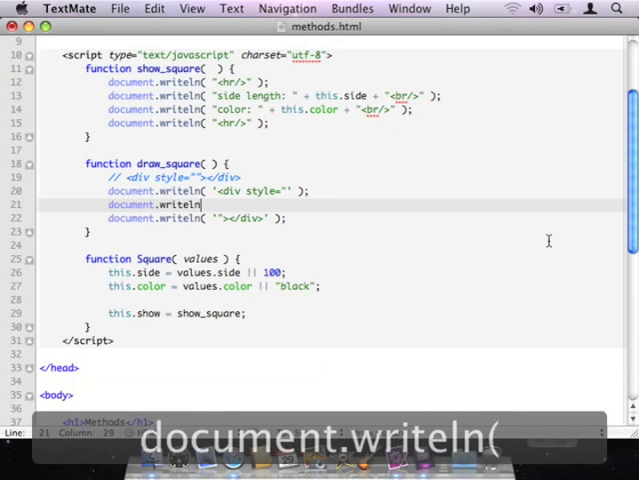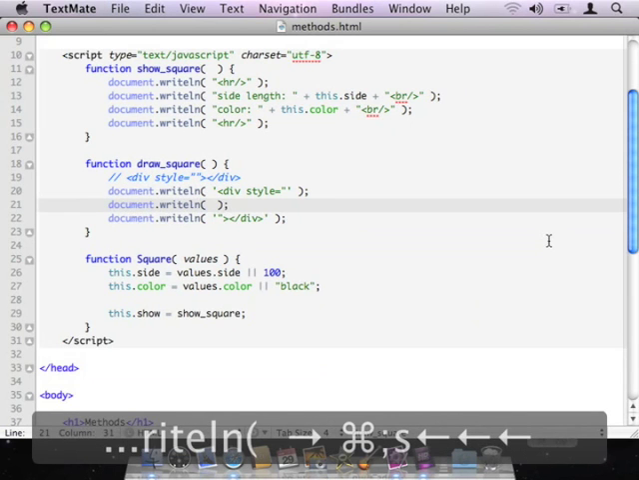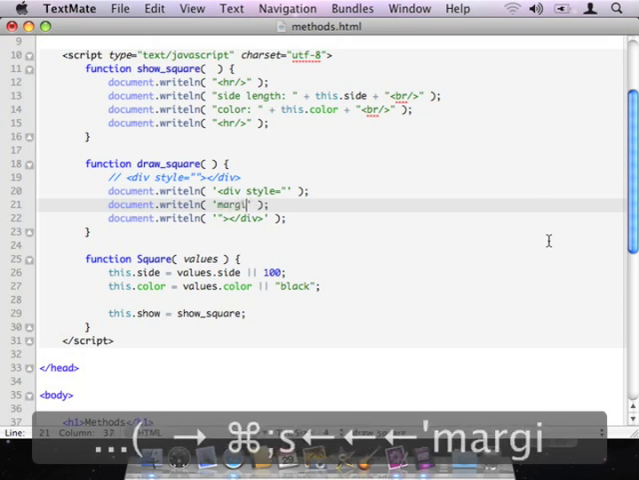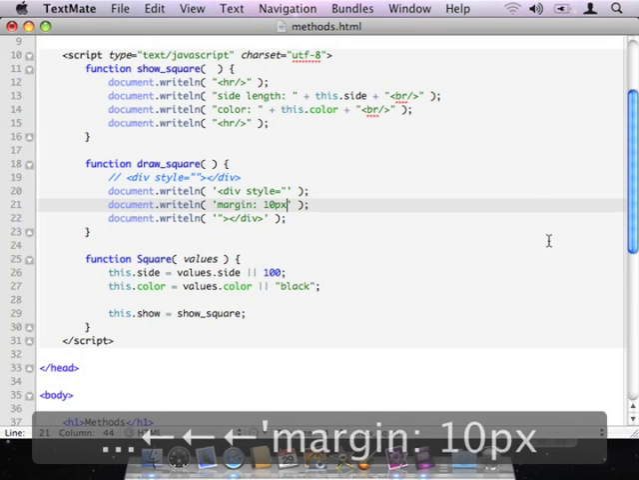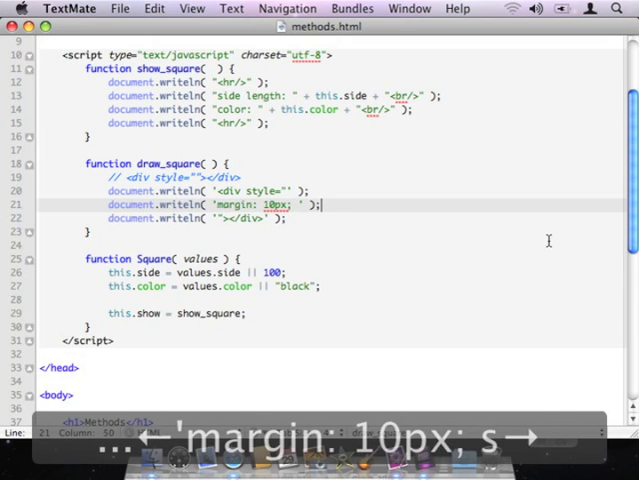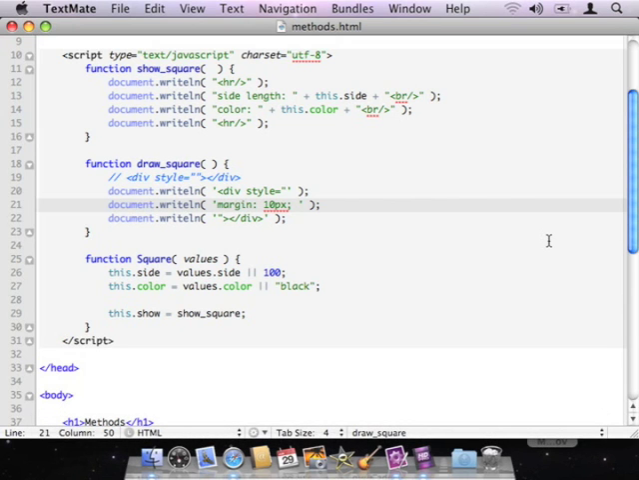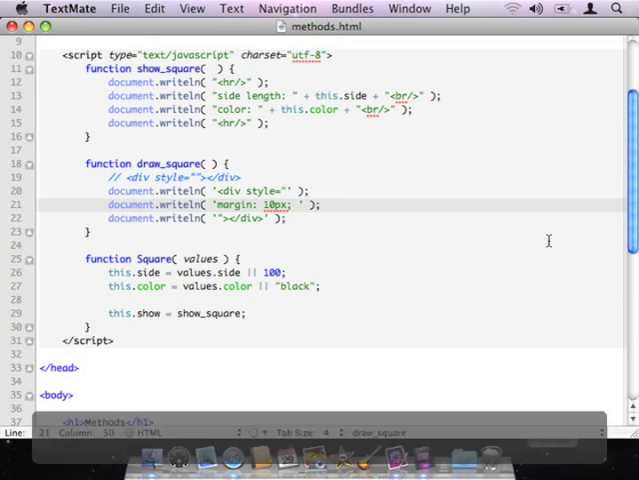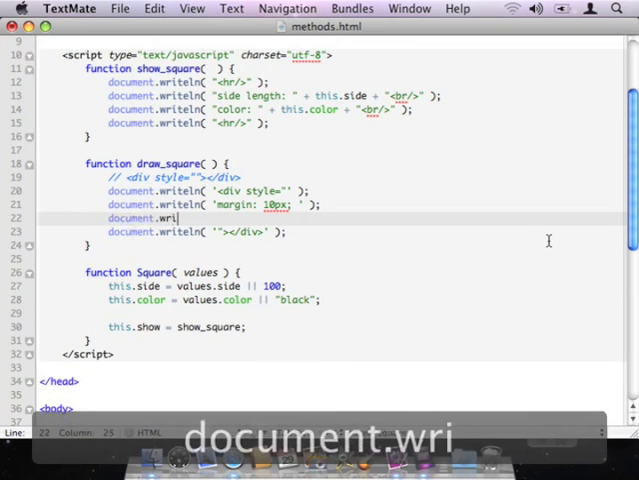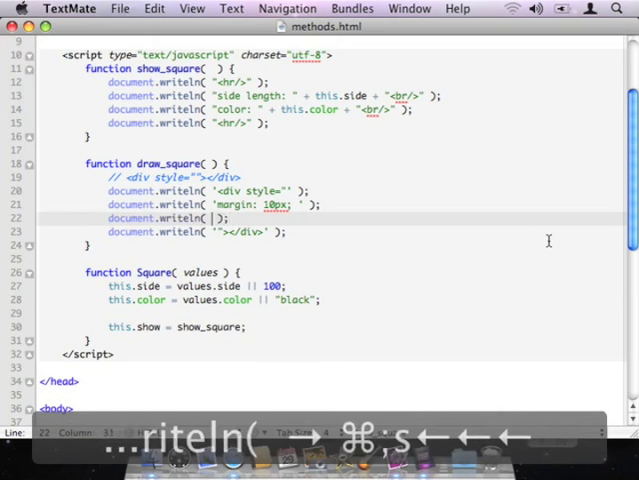So let's have it fill some stuff in here. Let's do margin is 10 pixels. I'm going to do that just for readability basically, so when our squares actually display, they'll be separated from everything else a little bit, look a little bit nicer. Let's do a document.writeLine, and let's do